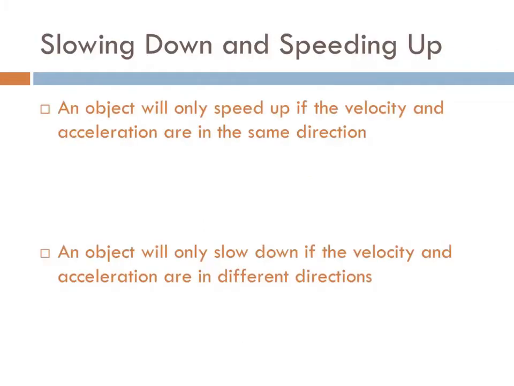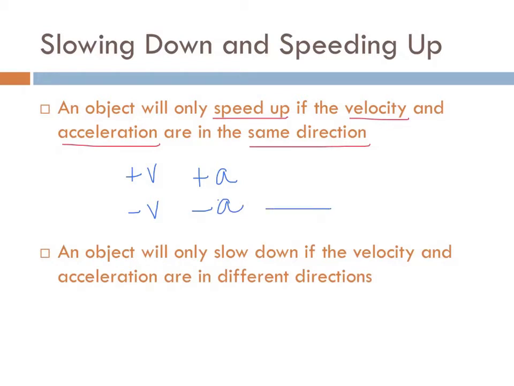Now the really important part is when you're slowing down or speeding up. There's two situations you need to remember. An object will only speed up if the velocity and the acceleration are in the same direction. One of the most common mistakes is that if you see a positive velocity, people automatically assume that you are accelerating in the positive direction or that you're speeding up, and that's not always the case. If you have a positive velocity and a positive acceleration, you will speed up. But you will also speed up if you have a negative velocity and a negative acceleration,